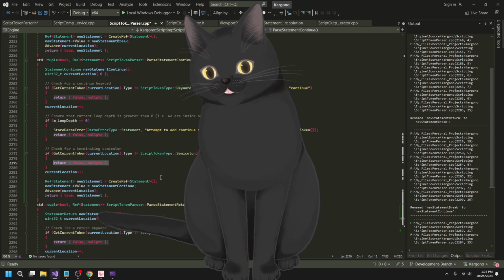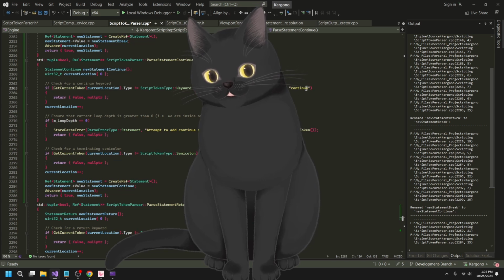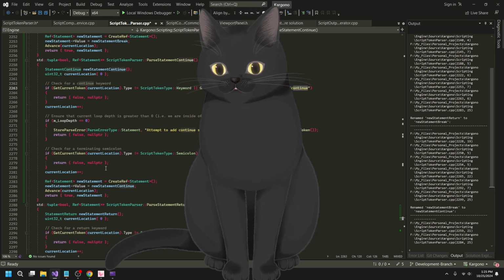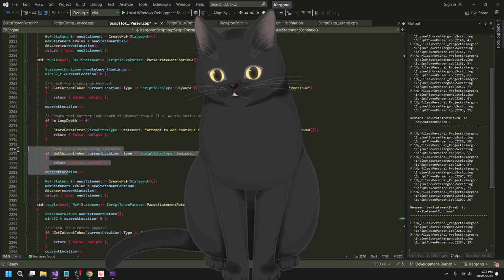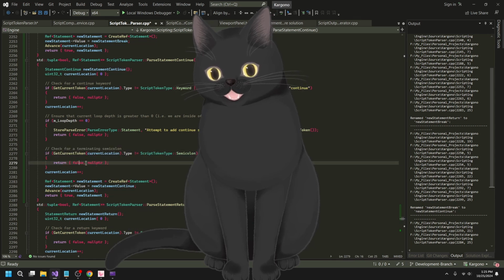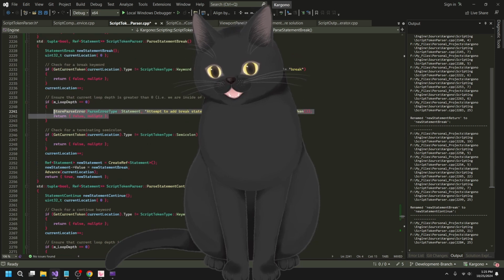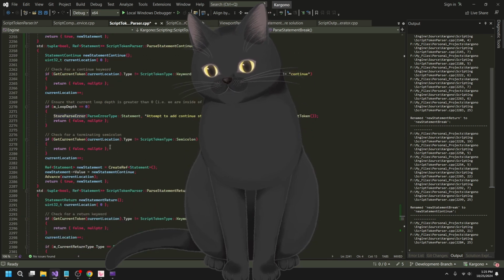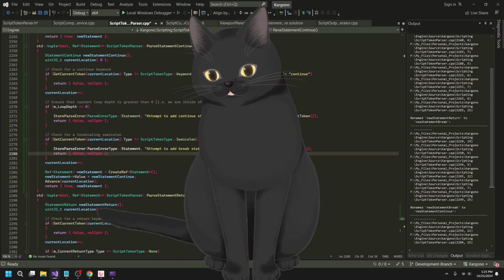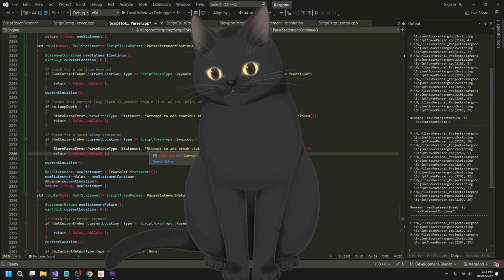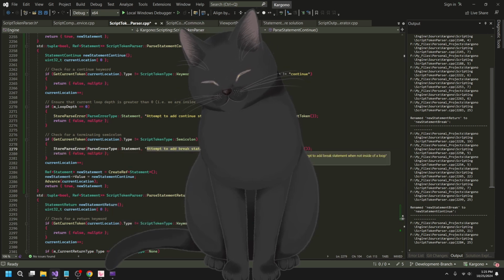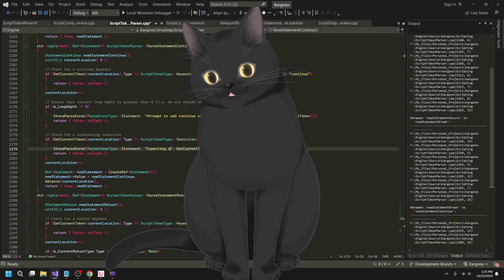Actually might want to throw an error here. Because if you've already agreed that we're doing a continue statement, why didn't you just finish the thing? What are you doing? Yeah, could use an error. Expecting a semicolon to complete continue statement.